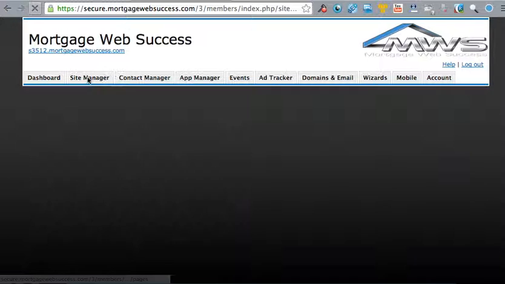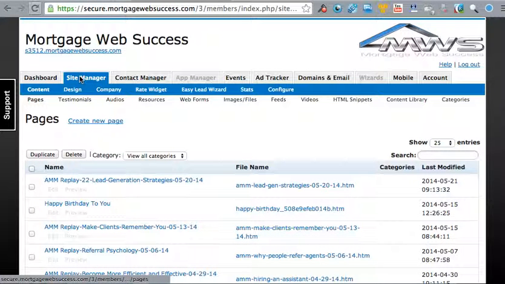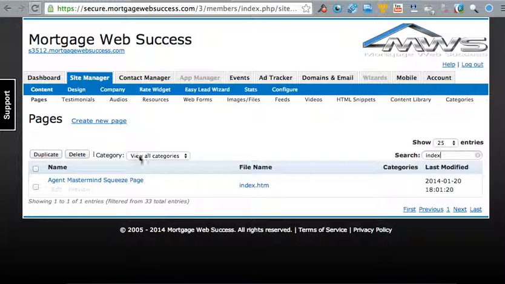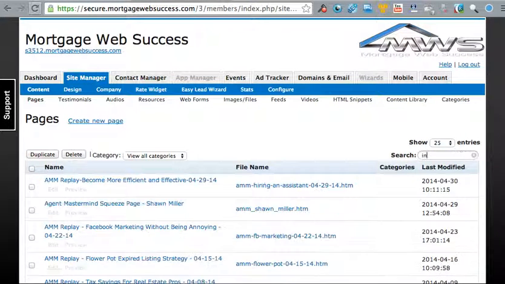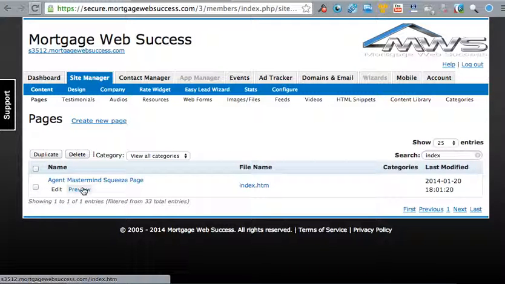So if we're in our site manager, I was in dashboard, I click site manager, you can actually see all the pages and you can click edit and you can click preview on those pages. I'm just gonna type index, because if you're on just the Agent Mastermind version only, your page will be index. If you're on the other version, the full version of our system, yours will be agent-mastermind-signup-1. I know it's long, but there's a specific reason for us doing it that way. But for the majority of you, index, and then you can click preview here,